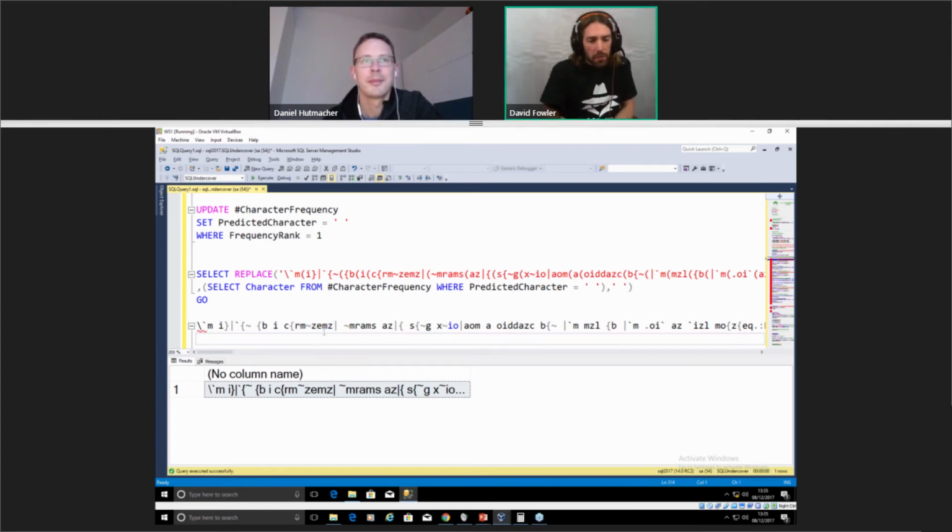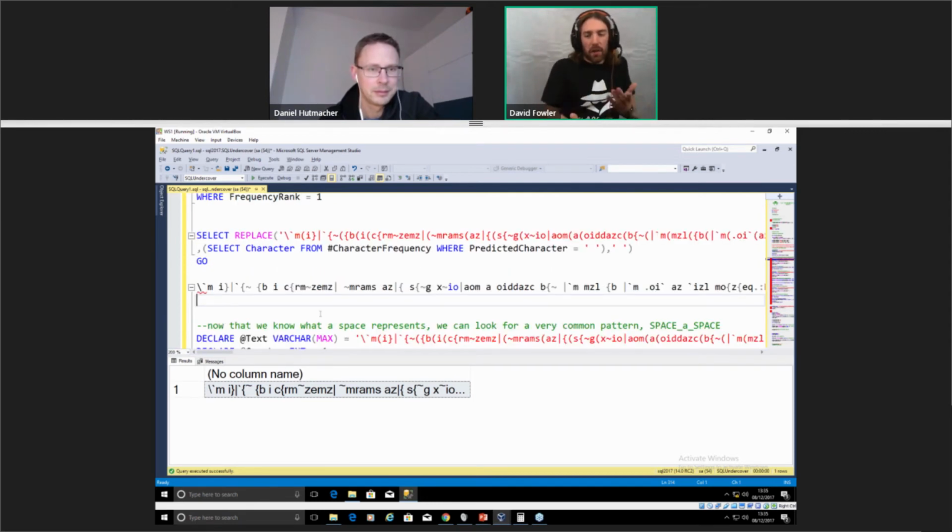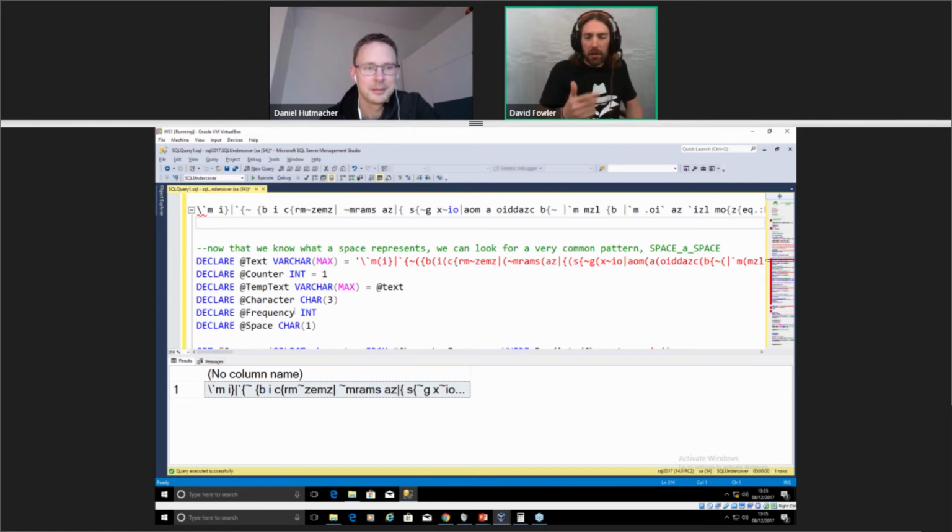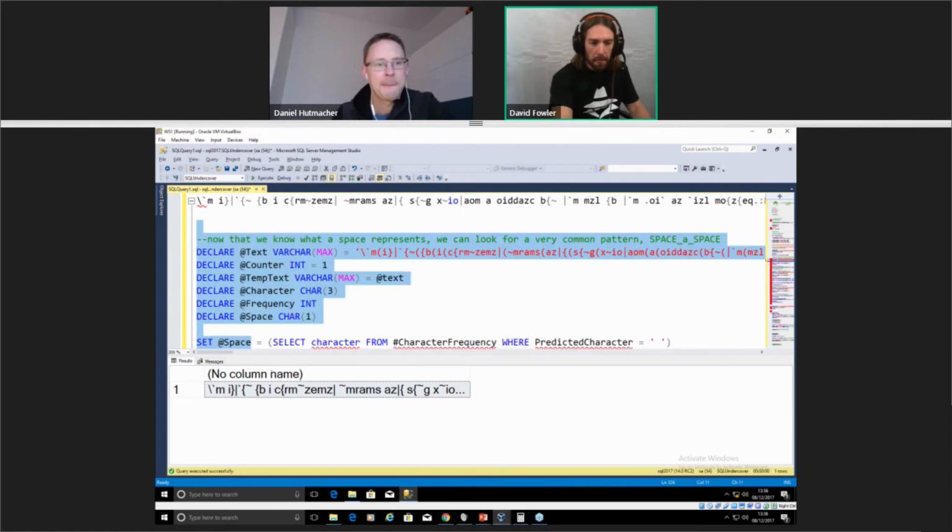Knowing individual words lets us now perform a bit more analysis. We can start looking for common patterns. One thing we all know is that the most commonly occurring single character letter in the English language is going to be an A. So all we need to do now that we know spaces, we can have a little look through, we can count up every occurrence of a singly occurring letter, which we'll do with this little bit of code here.